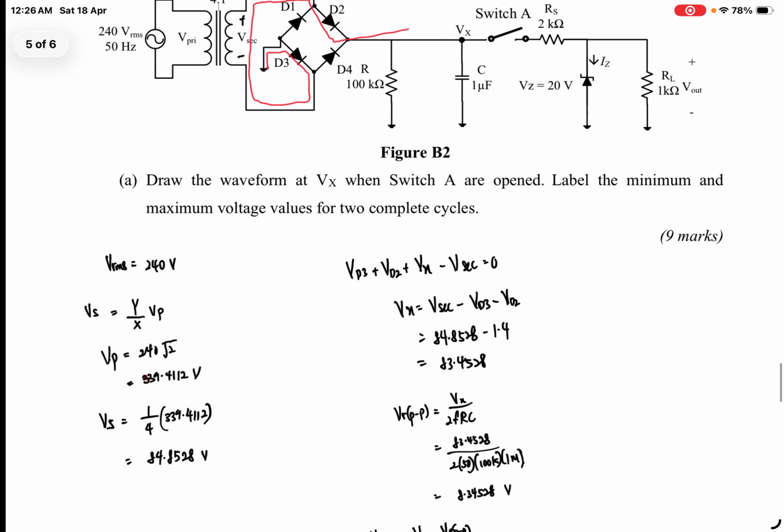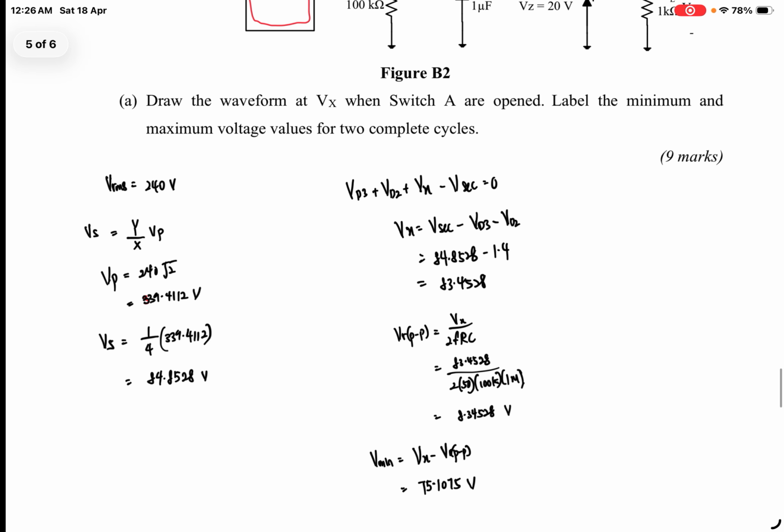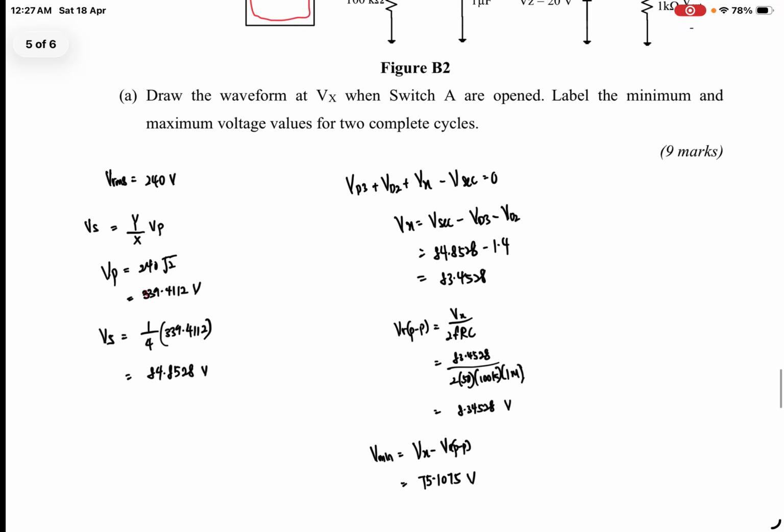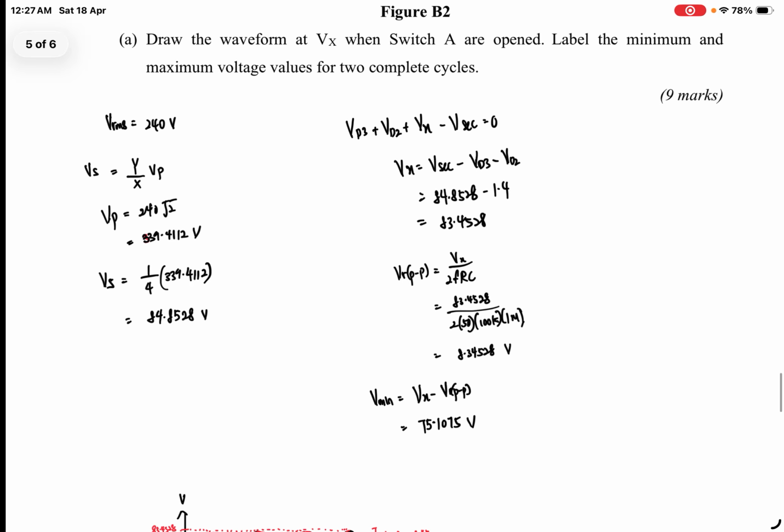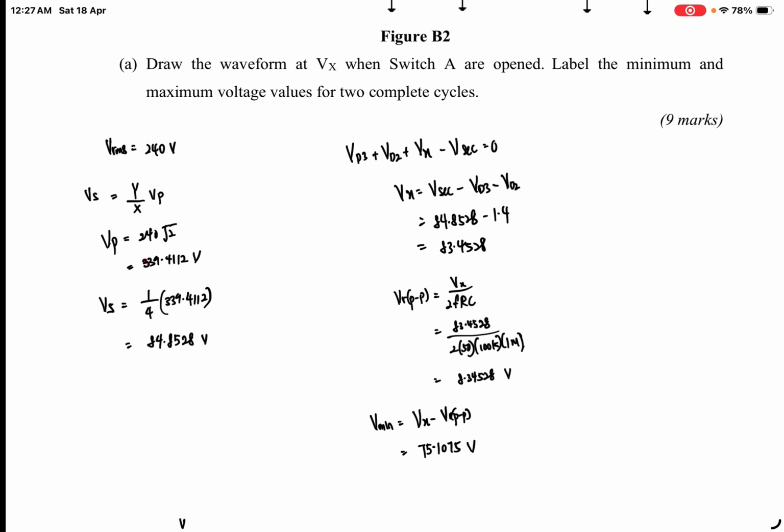Vs equals y over x times Vp, then we get Vp equal to 339.4112. After we get the Vp, we can calculate the V secondary. Then we use KVL: VD3 plus VD2 plus Vx minus V secondary equals 0. When we use the positive cycle, Vx will get